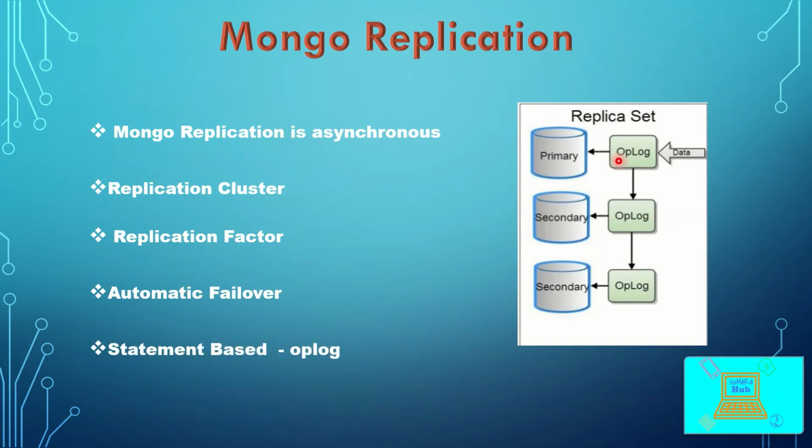The replication happening in Mongo is a statement-based replication, which means all the CRUD operations which are written to the Mongo database are copied from the oplog collection. And when, for example, an insertion of data happens on the primary, data is first written in the oplog of the primary and then it is copied to the oplogs of the secondary through replication. And that is how the secondary nodes will have the same data as the primary but in an asynchronous manner.